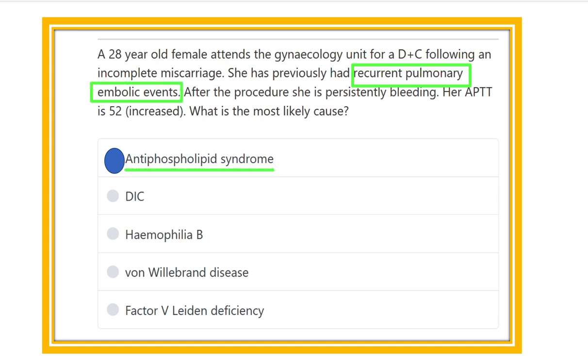syndrome. The other option here is DIC, but in case of DIC, usually there is a septic event, usually septic foci present. And in case of hemophilia B, von Willebrand disease and factor V Leiden deficiency, they are not associated with this clinical